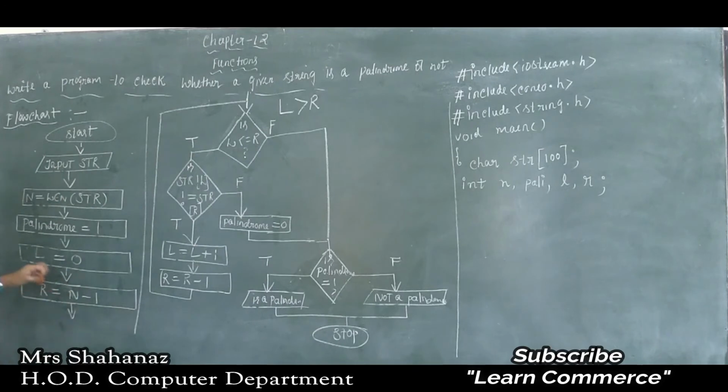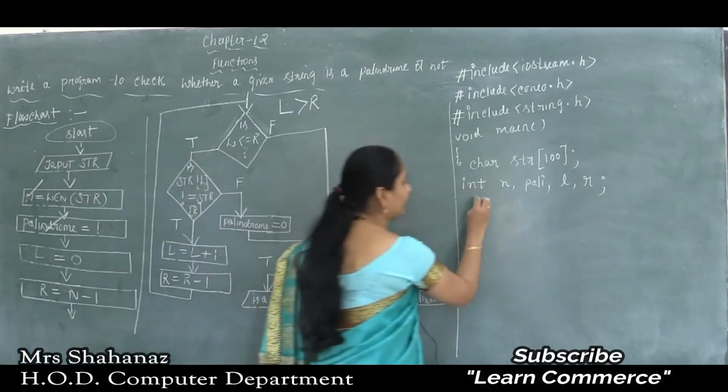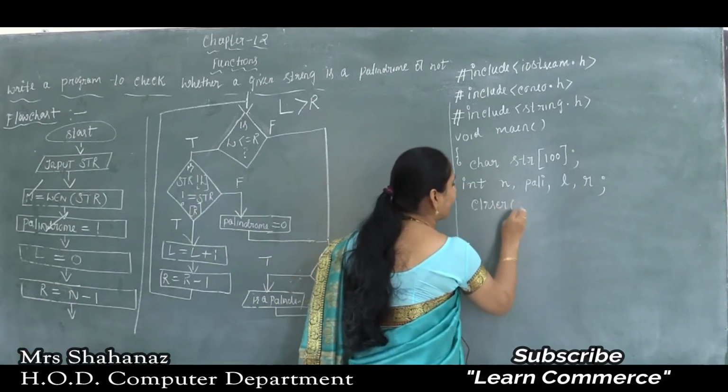So what have I declared? I have declared n. Palindrome is just the syntax, which means there is no need to declare it here. Just by using the string.h header file we can use any string function. So I have declared n. For palindrome, later I will show the value of palindrome is equal to 1. Now I have declared only the variable name pali. L is equal to 0. Later I will give some initialization to each variable. So L is declared, R is declared. Now after all those declarations of the variables, I start the program.